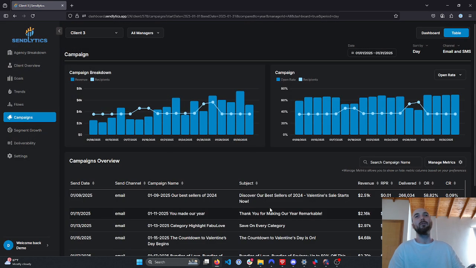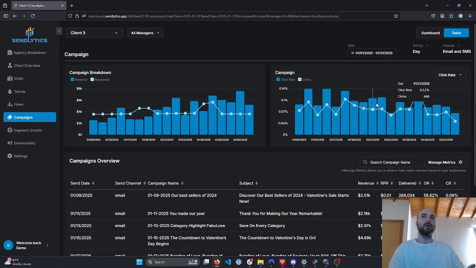We can switch over to table view, and we can actually see what campaigns were being sent, what the metrics were. We can add again different metrics, switch between the different engagement stats and whatnot. From here, we also have some other overview type of views that you can look into,